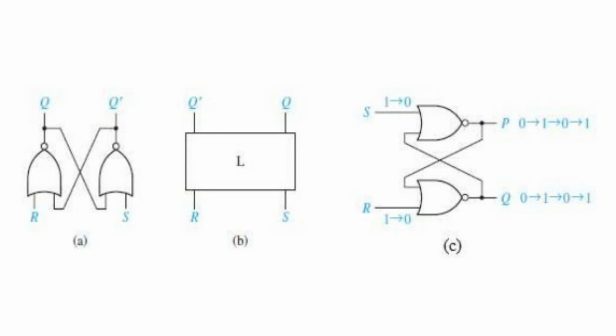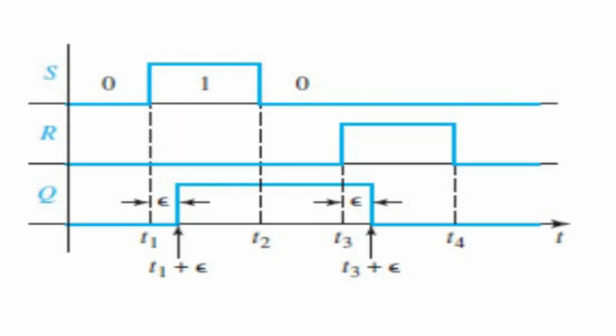Based on the input given to S and R, the outputs P and Q change accordingly. So here is the timing diagram for the set-reset flip-flop, which will show how the output values change. When S equal to 0 and R equal to 0, the output Q is not going to change. So basically the output will be in its previous state. It can be either 0 or 1. Now next, when S is equal to 1 and R equal to 0, exactly what we are doing here is we are going to set the flip-flop. We are trying to set the latch.